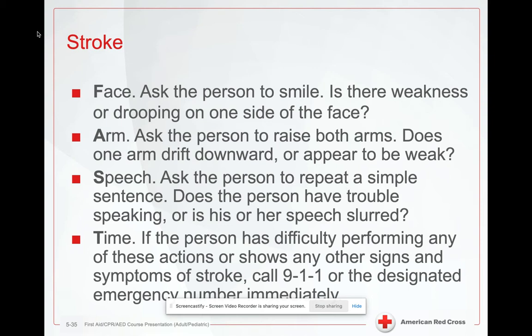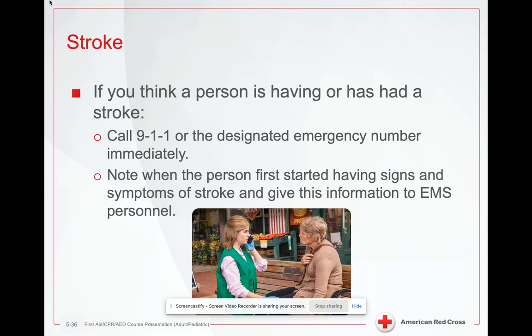S is for speech, so see if they're able to speak or if their speech is slurred. And T is time, so if they're having difficulty with any of these actions, we want to call 911 as quickly as possible. So again, if we think someone has had a stroke, call 911, and we want to note the time at which they first started having the signs and symptoms of the stroke,